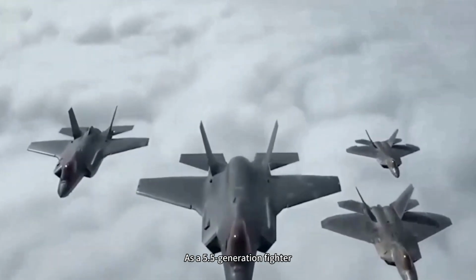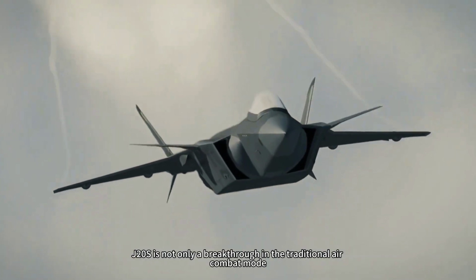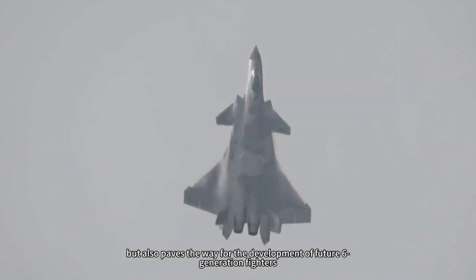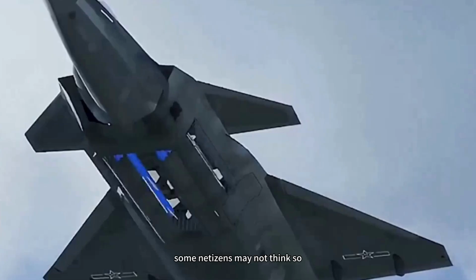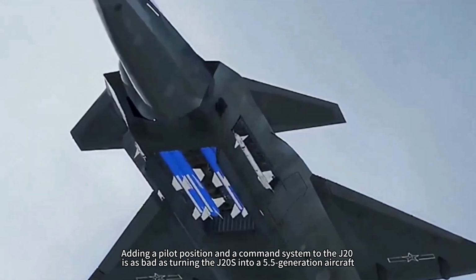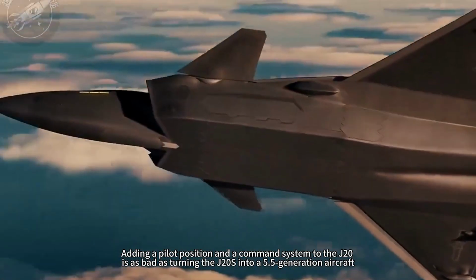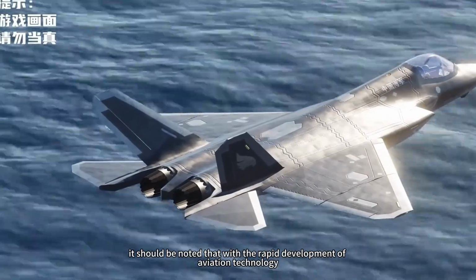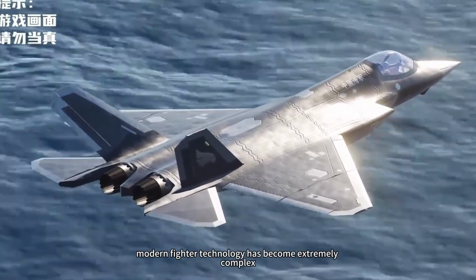As a 5.5-generation fighter, the J-20S is not only a breakthrough in the traditional air combat mode, but also paves the way for the development of future sixth-generation fighters. Of course, some netizens may not think so. They say that adding a pilot position and a command system to the J-20 is as bad as turning the J-20S into a 5.5-generation aircraft. On this point, it should be noted that with the rapid development of aviation technology, modern fighter technology